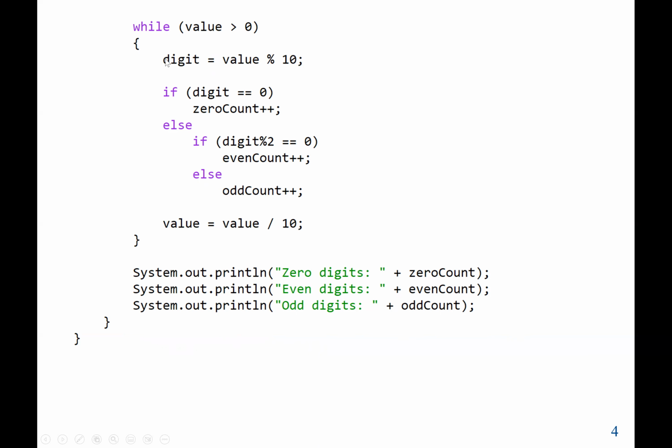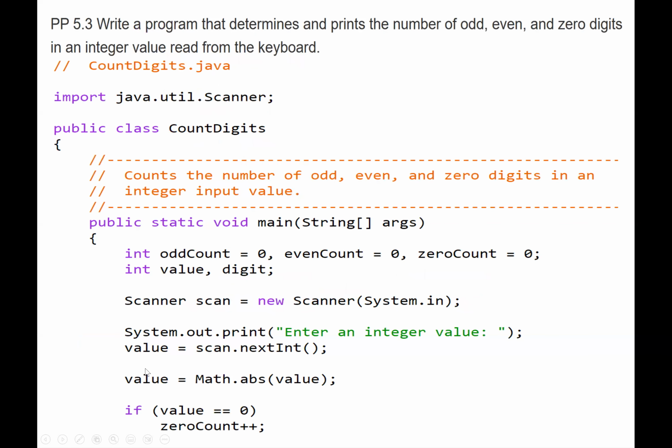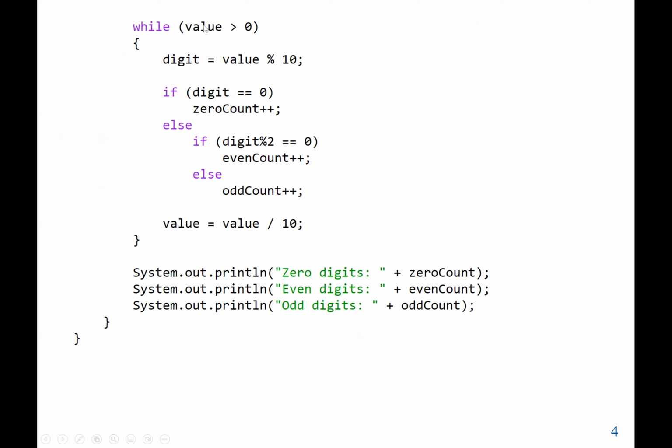So that's the whole concept here. Again, at the beginning we can see we enter the value. We don't know, it can be a 2-digit, 3-digit value, it can be any value. But if the value entered is equal to 0, then we count the 0 count. Now, if the value entered is 0, that means this while loop will not work, because 0 is not greater than